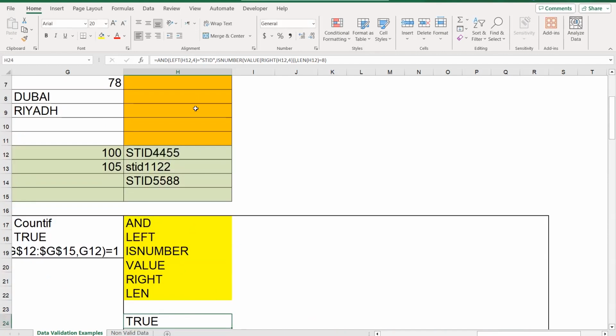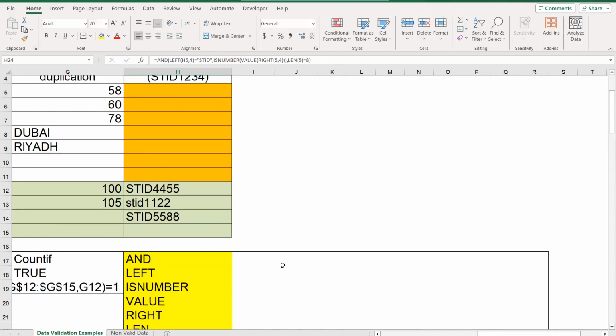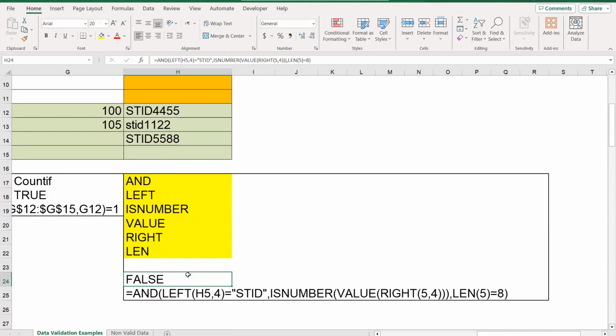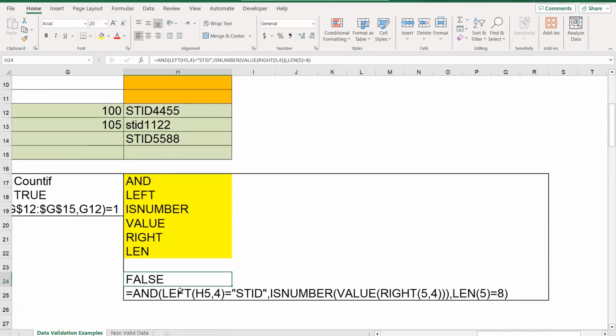I'll come to this cell. Whenever I see H12, I just make this 5. And this will be 5. And this will be 5 as well. Okay, clicking OK. Now this became false. Why? Because H5 is an empty cell. That's fine, no worries. Now I'll come to this rule,